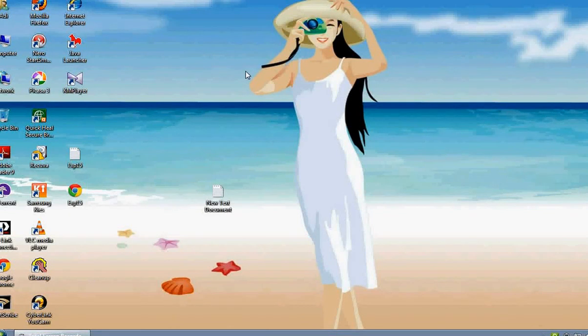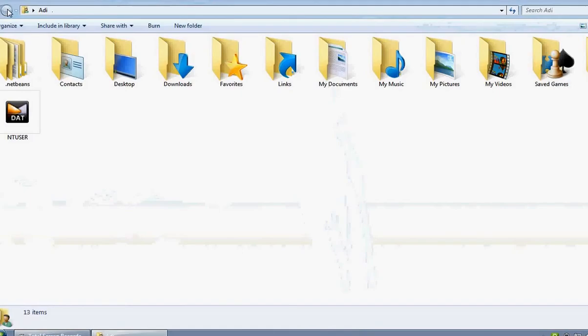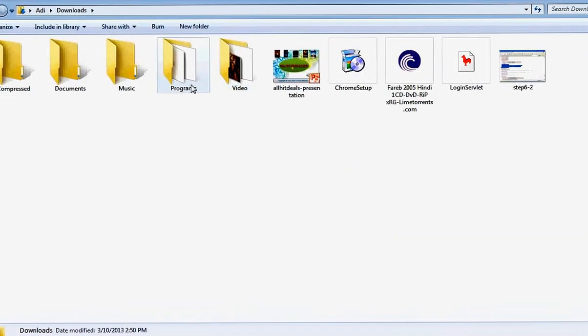Good afternoon friends, myself Aditya Daptardar, and today we will learn how to use the Apache Tomcat server to run Java servlet programs. For that you must have the Apache Tomcat server installed in your computer. The first step is to install it in your computer. Now I will just install it for your sake.